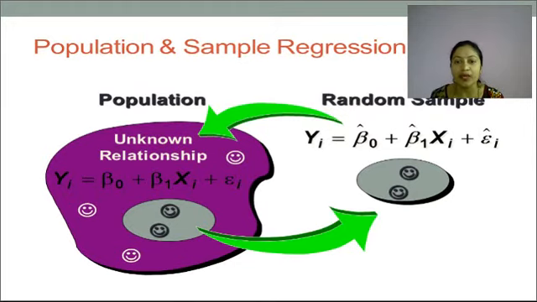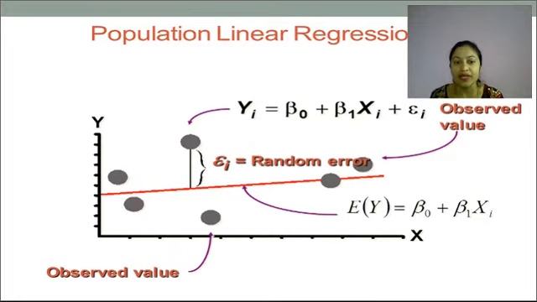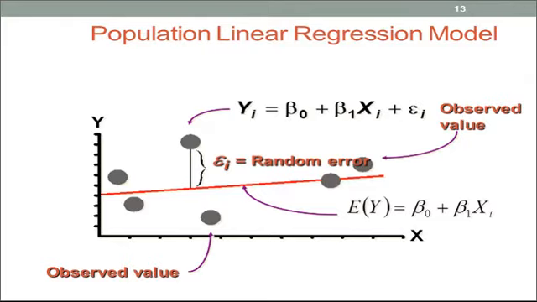So yi is equal to beta 0 cap plus beta 1 cap xi plus epsilon i. These two parameters beta 0 cap and beta 1 cap specify the relationship of all these y with respect to x values. Suppose now we take the equation of the line like this: yi is equal to beta 0 plus beta 1 xi plus epsilon i. Here epsilon is a random error, as we already said. The observed values and the estimated values are shown with this red line. The actual values are these gray circles, while the red line shows the estimated relationship among these values.